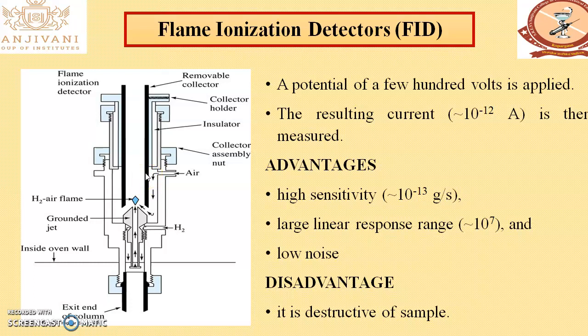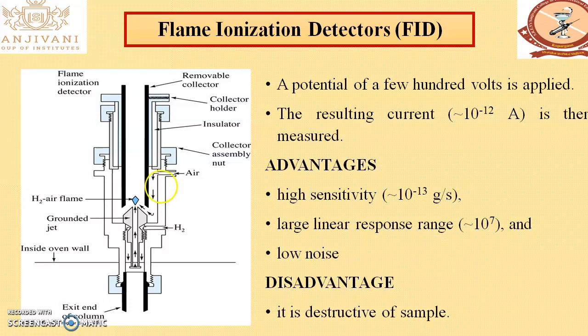So, which in turn is connected to a very sensitive ammeter. The ammeter detects the ions hitting the plates and feeds the signal to an amplifier, which then integrates it and displays it. So finally we get the response in terms of the current flowing through this positively biased voltage system, which is proportional to the amount of sample that is pyrolyzed or converted into ions. So this is how the flame ionization detector works.